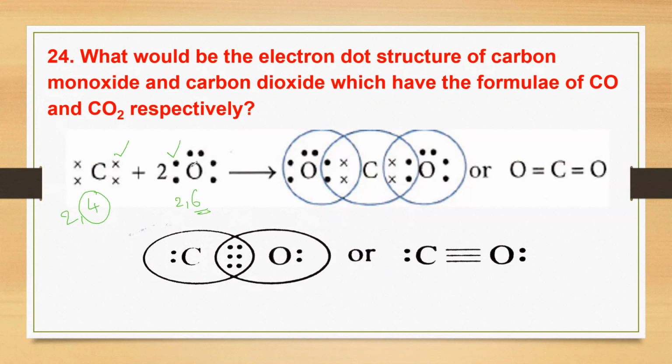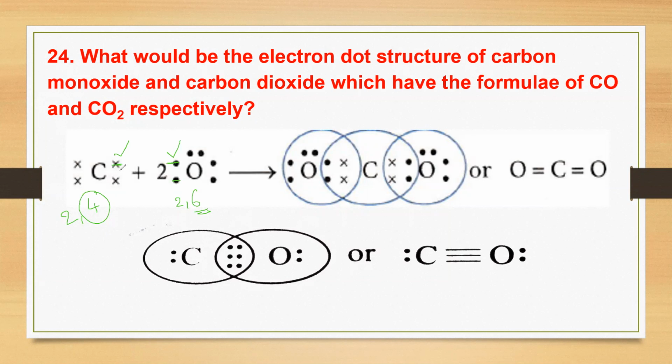If both are dots or both are crosses, that is also not a problem, because it is only for differentiation; otherwise we cannot understand which electron is being shared between them. That's why we represent one with a dot and another with a cross. This complete structure is nothing but the electron dot structure. You can see 2 electrons of